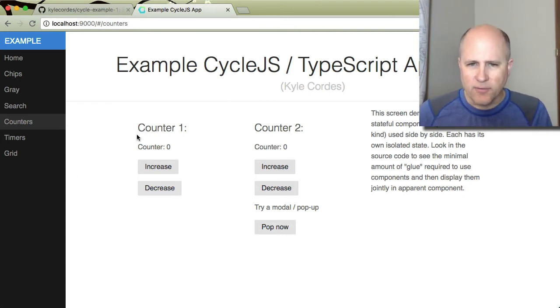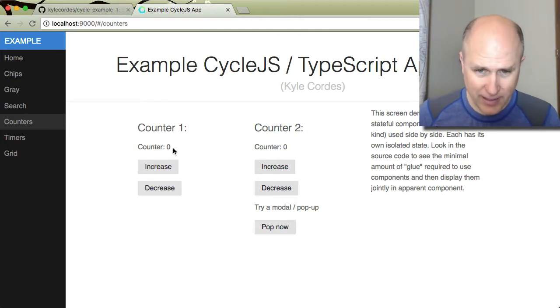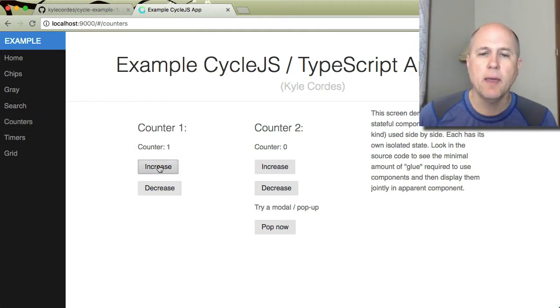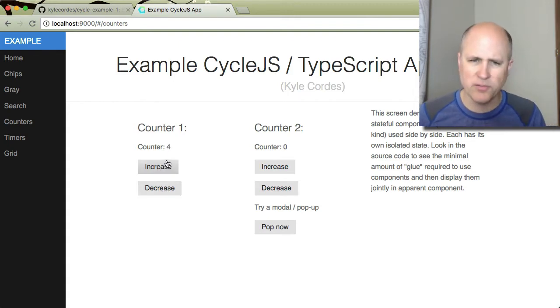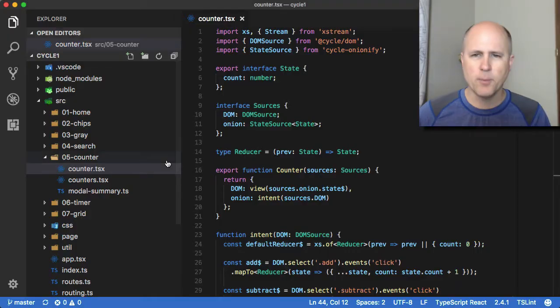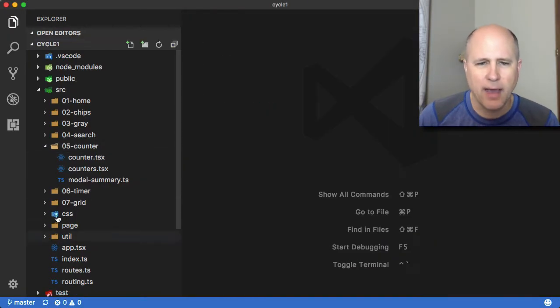So for the moment, you can disregard almost the entire screen and look only at one individual counter that I'm moving my mouse around right here. You see it has an initial value of 0, and then I can click this increase button to go up and a decrease button to go down. I believe there's a lower limit of 0, there's no upper limit, so this is pretty close to the simplest reasonable stateful component, and we're going to go look at and understand how that is